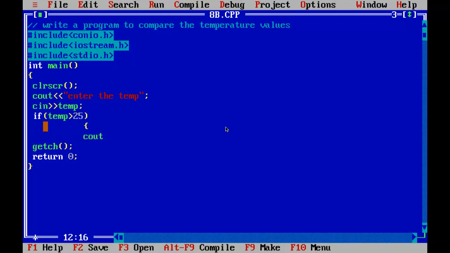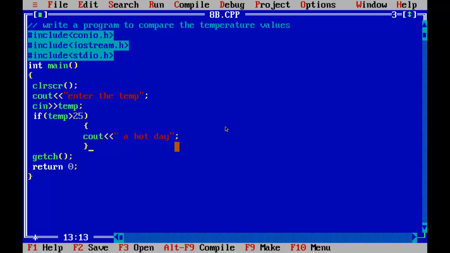Now display cout, a message, a hot day, semicolon, close the bracket. This is the first action. We have taken the temp variable to get the values of temperature. Now we are comparing: if temp is greater than 25, display cout a hot day.